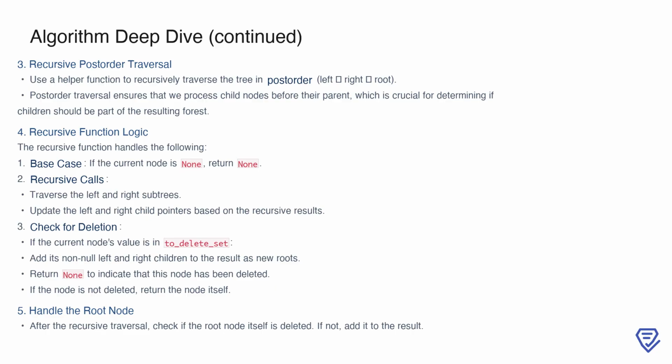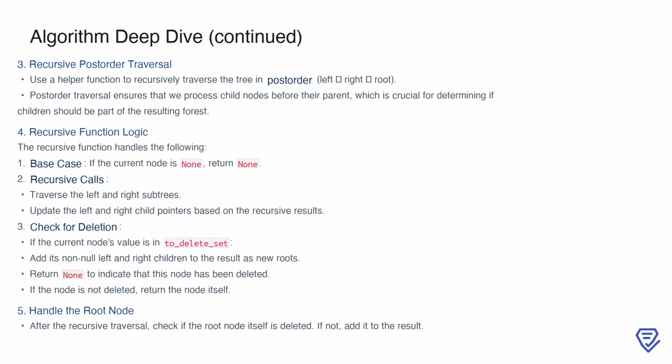Finally, it checks if the current node's value is in the to_delete set. If it is, the node's non-null children are added to the result list as new roots, and the node is effectively deleted by returning None. If the node is not in the to_delete set, it remains part of the tree, and the function returns the